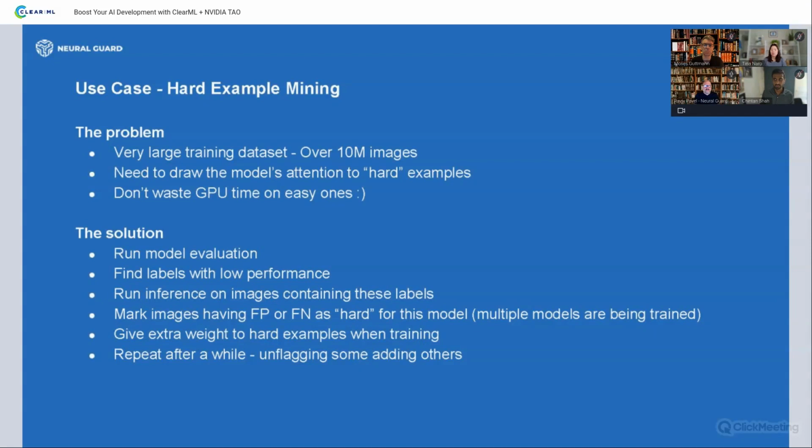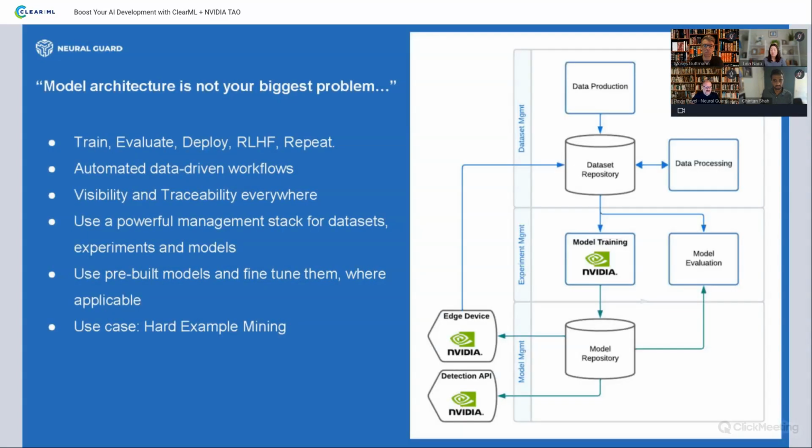Now, I'll go back to the slide. Doing that process, which I hope was not too fast, without the ability to automate everything, right? We need to run that hard mining process repeatedly, and we need to trigger that every time there is a snapshot.